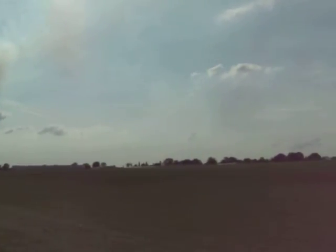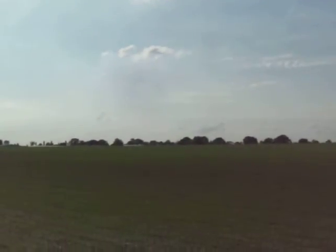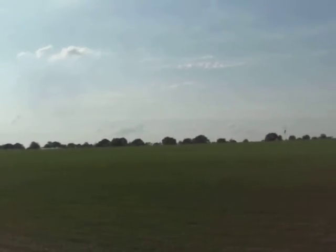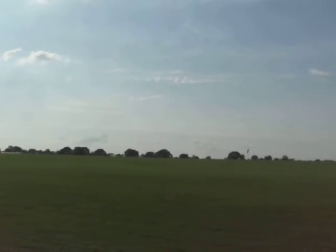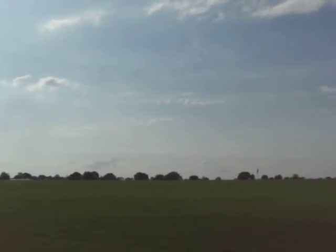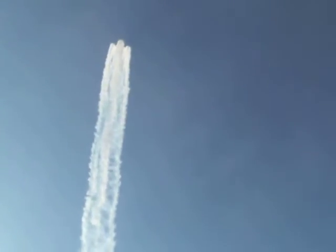With the smoke on now, the team are reforming that shuttle formation that you saw in the first roll at the start of the show. And as they roll out to our left 45 degrees, get your cameras ready for a great photo opportunity. The jets pull up there at 400 miles an hour, 4G. As they slow down to about 120 miles an hour, you can see they've reformed that one big red arrow